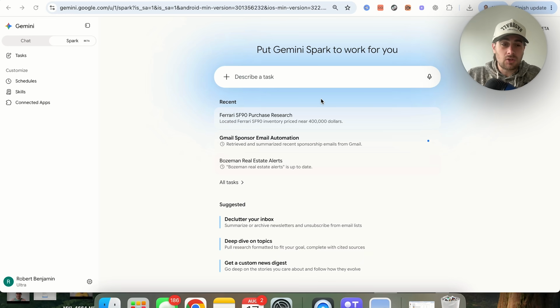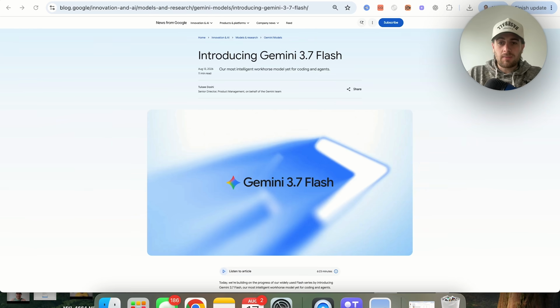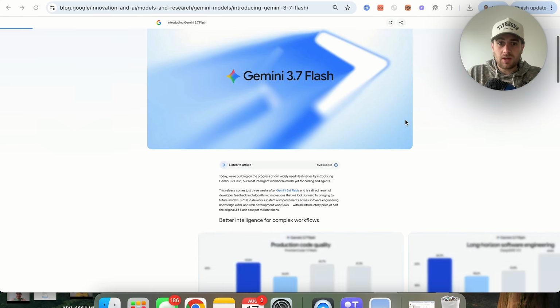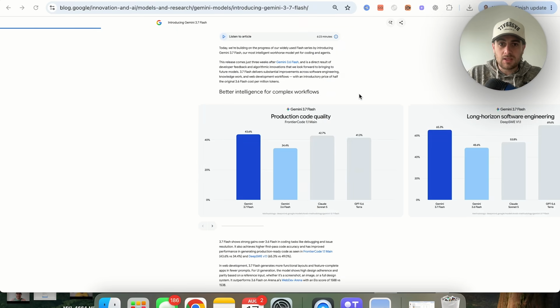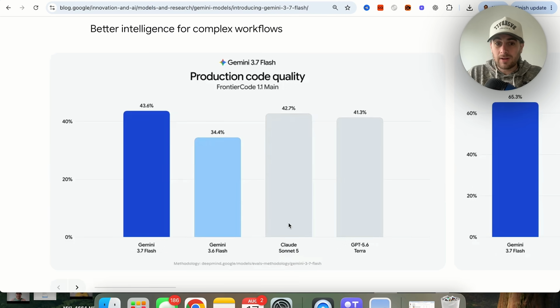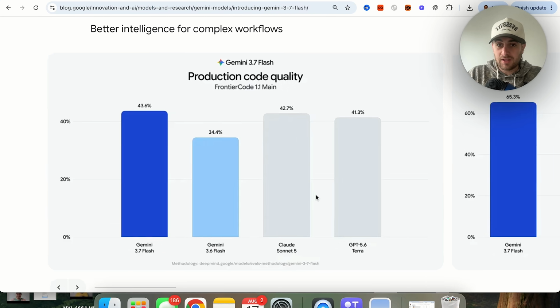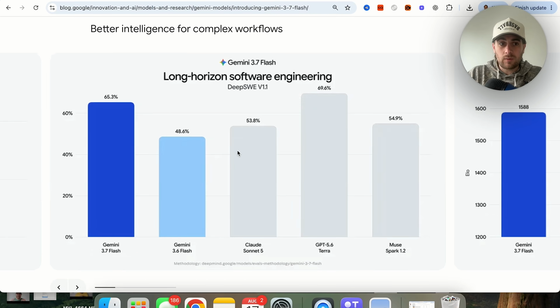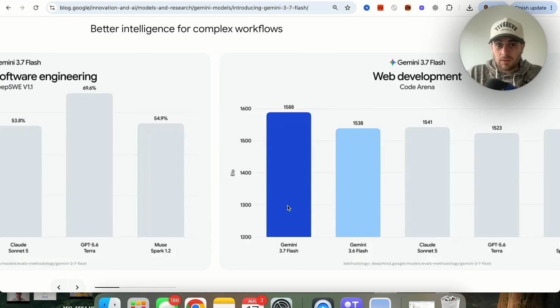Now, the reason that I would strongly suggest that you are using that model above anything else is because it is way better at agentic tasks. Let me explain. So if we actually come over here and read the release notes for Gemini 3.7 Flash, we could see that this is way better at production code quality. In fact, the one thing I want to call out here is how much better it is than Claude Sonnet 5 in a lot of different areas. Long Horizon software engineering, this is actually the only thing that it gets beat by something by, with GPT 5.6